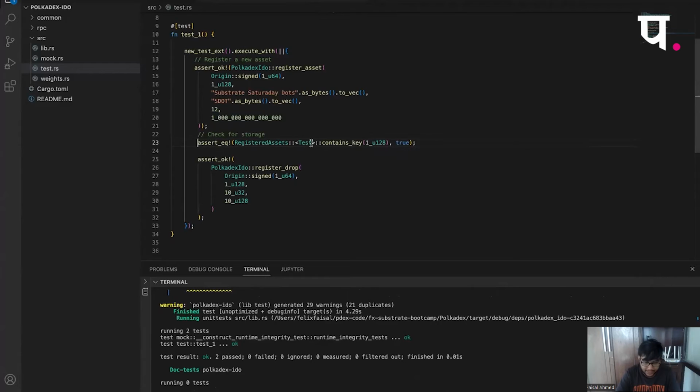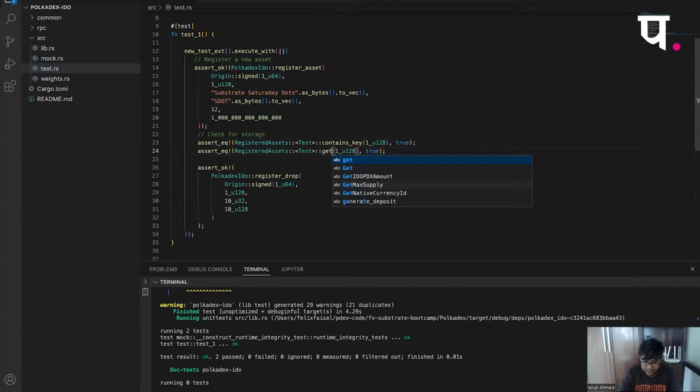See, that would mean that we actually have this key 1U128. And if you want to be more sure that our logic is running, we can also see what is inside it. That is, we will do get U128. Since this is an option query, I am just using unwrap, and I can assert it with 1u64 because that is what it is storing right here.